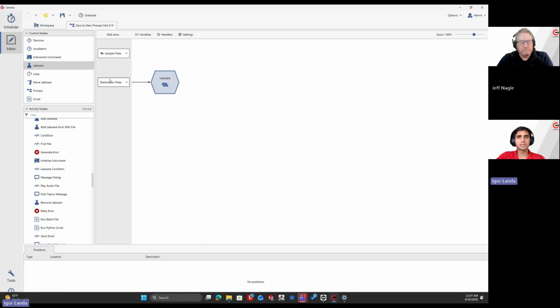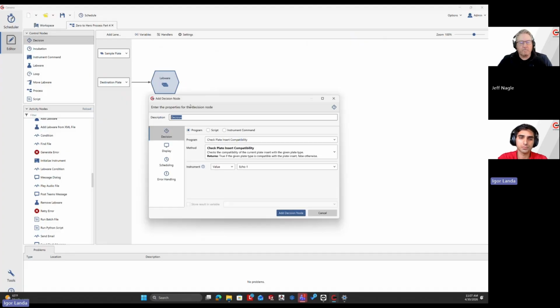So after our labware node, we're just going to go on to our destination plate, since the destination plate has some extra processing that needs to be done before it gets moved on to the liquid handler. We're going to go straight into a decision node. And what this decision node will